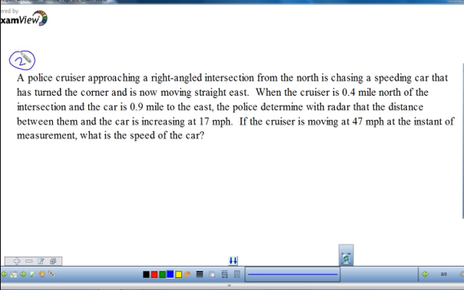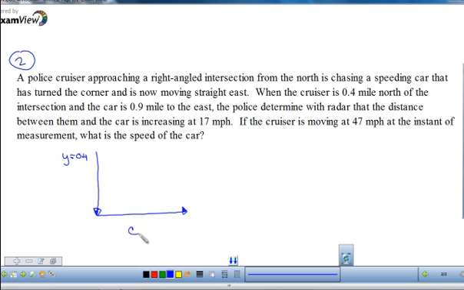Okay, for number 2, it says a police cruiser approaching a right angle intersection from the north is chasing a speeding car that has turned the corner and is now moving straight east. Okay, so we have a police cruiser coming from the north, and then we have a car that has turned a corner and is going east. Okay, when the cruiser is at point 4, so we're going to call the cruiser y. So when the cruiser is at point 4,